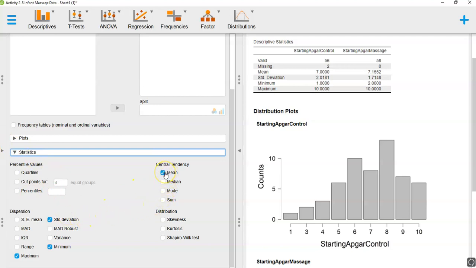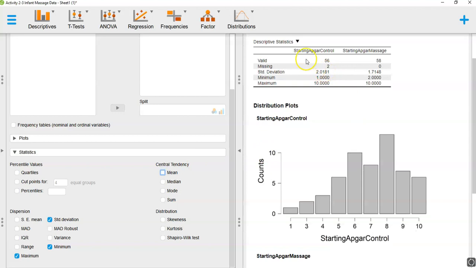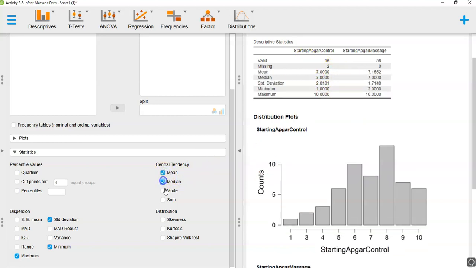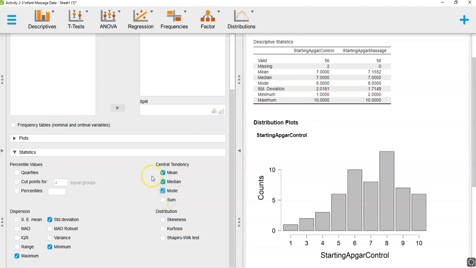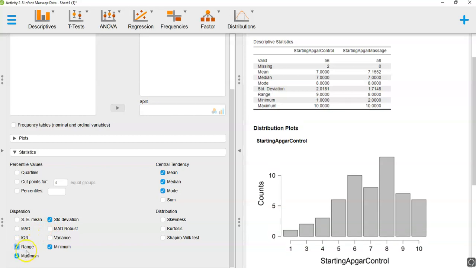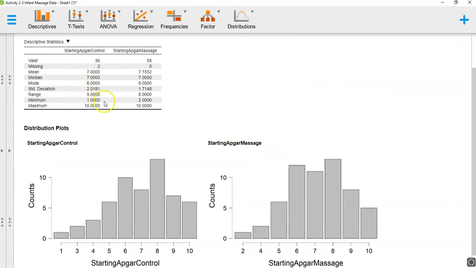The mean is already checked. If I uncheck that, the mean goes away from this table. Of course, we do want it. The mean, the median, and the mode are 3 measures of central tendency. Get them all, and then you can choose which one, and then you can compare the two groups. Standard deviation is already checked. Might as well do the range as well. I think a question asks about that. And you can see that all of that information is now over here